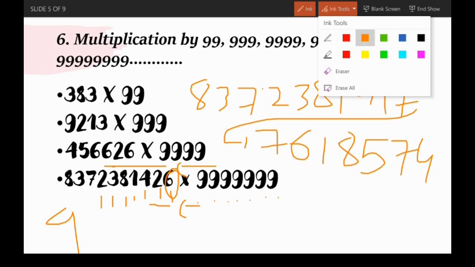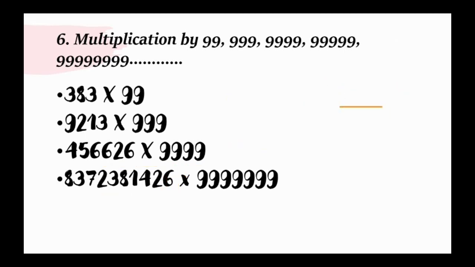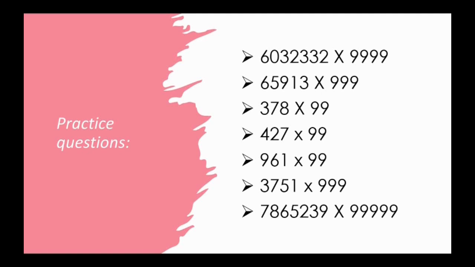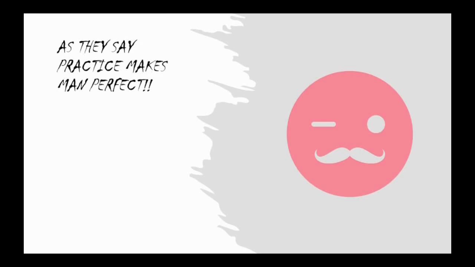These are some of the practice questions. Practice not only these, but other examples also. We have discussed up to six tricks till now, so practice problems on them, and comment down your answers in the comment box. As I say, practice makes a man perfect. So practice as many problems as you can, so that you won't be confused between the tricks, and it gets you good accuracy. Not only speed but accuracy is also important, right?